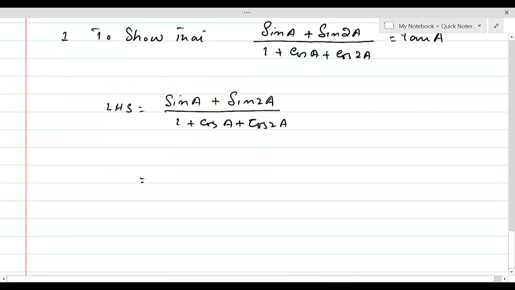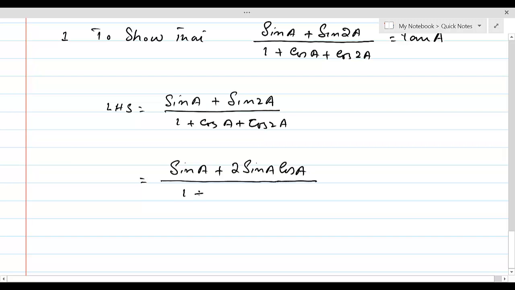So now we will replace sine a as it is, plus sine 2a will be written as 2 sine a cos a, divided by 1 plus cos a, and for cos 2a we are going to use its equivalent trigonometric identity. We will be using 2 cos square a minus 1. The reason we are using this instead of 1 minus 2 sine square a or cos square a minus sine square a, is because we take